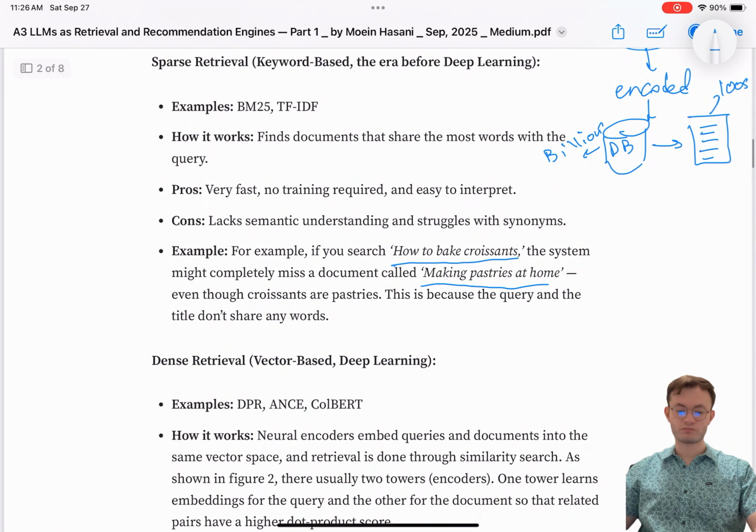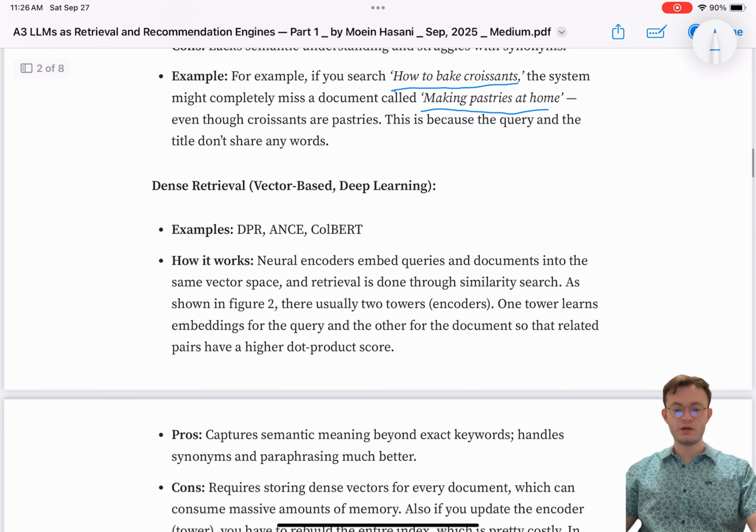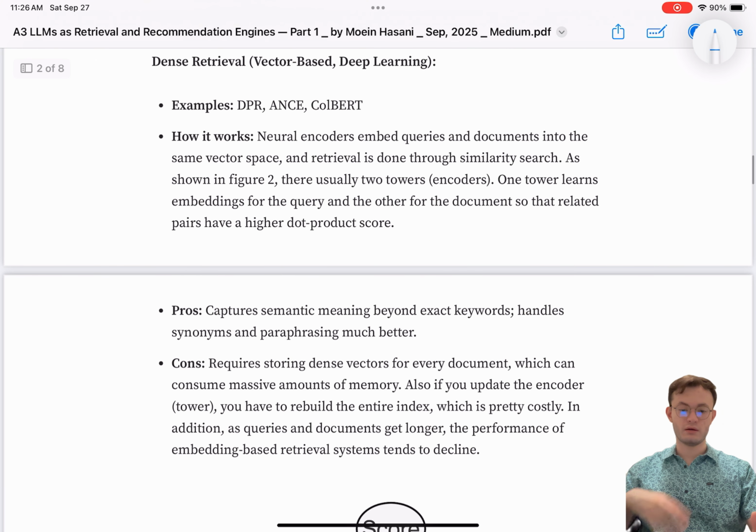Okay. Because of these problems, and as deep learning and machine learning advanced, more modern methods were introduced. Examples of it are here: DPR, ANCE, ColBERT. And the idea is we will use neural networks to encode documents and queries or user profiles.